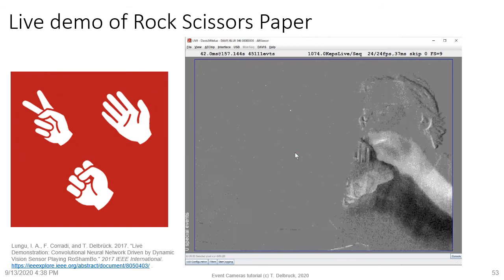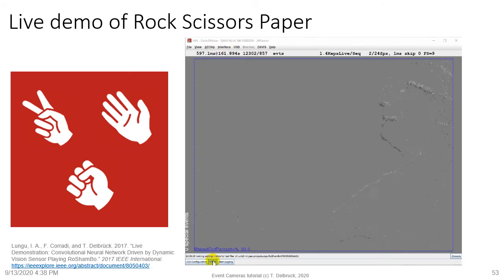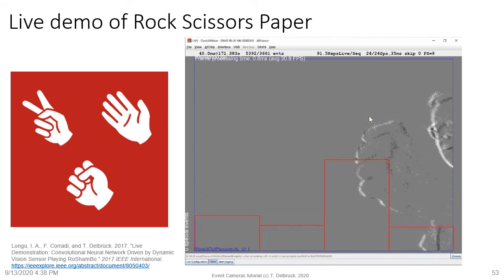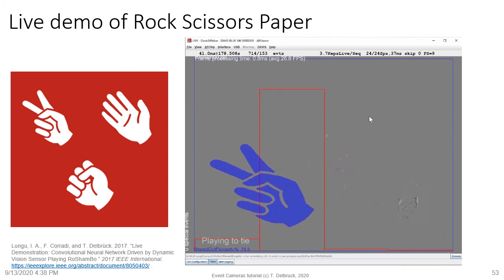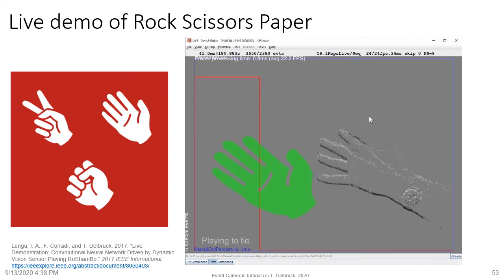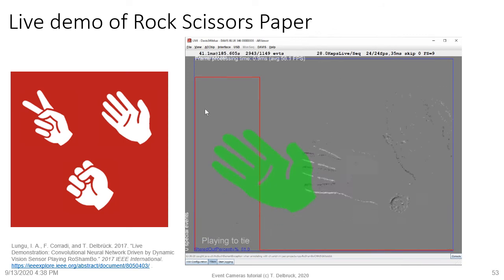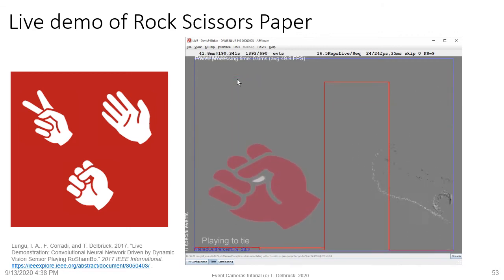Now what I'm going to demonstrate here is our Rochambeau CNN processing the output. So I'm going to enable this Rochambeau network, and now it's actually processing the output. Now if you see it here, it's detected my hand is showing rock, right? The instant I change to scissors, it changed to scissors, paper, paper. The histogram here on the left is showing that the paper class is the one that's output. As soon as I go to rock or scissors,